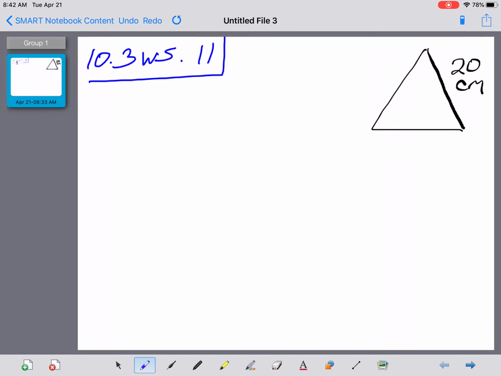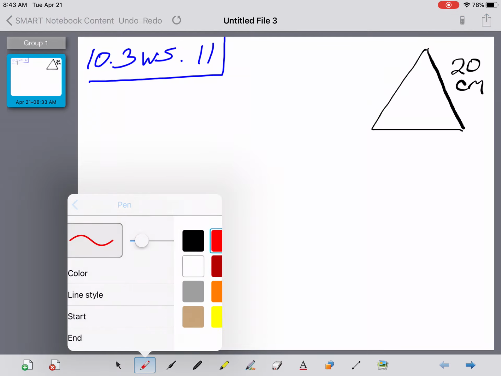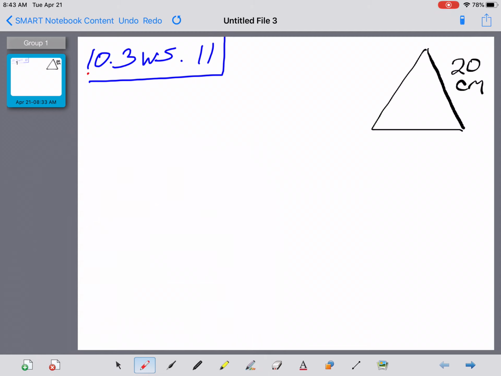Okay guys, a few questions were asked about the 10.3 worksheet, so I thought we'd go through a few of those, starting with number 11 here. Directions here tell us to find the area of each regular polygon, and those directions are important. The fact that the polygon is regular is why this problem belongs in section 10.3, and there's nothing in the